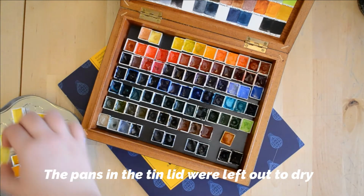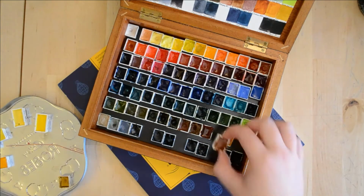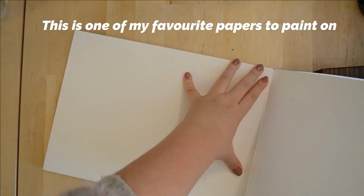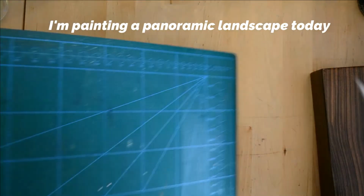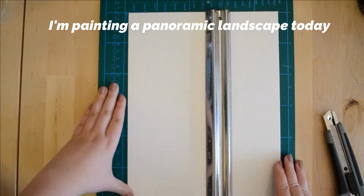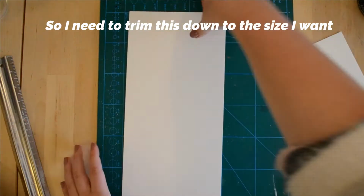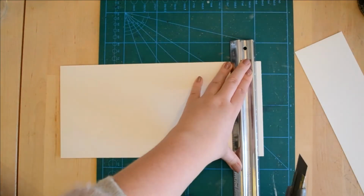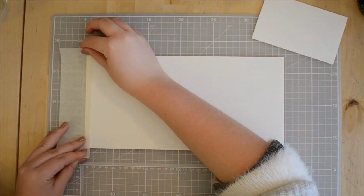Now, in terms of what my video is today, I'm going to be painting a watercolour and gouache panoramic landscape on this lovely Canson Heritage paper. And while I do so, I'd like to discuss what it means to improve your art and my advice and strategy towards improving art. I bet every artist has always heard that